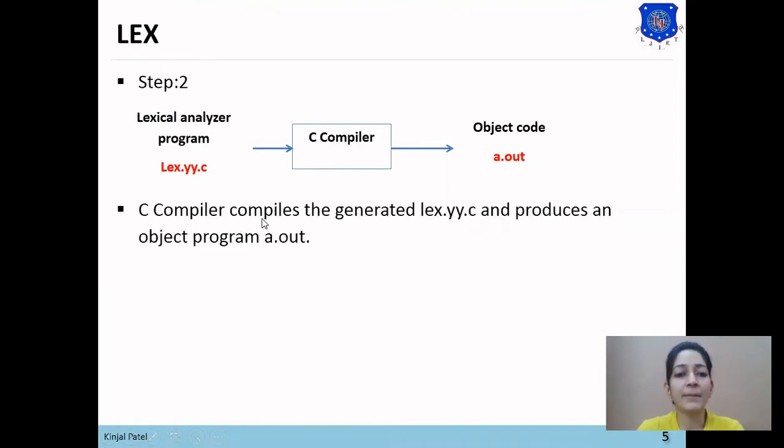The C compiler compiles the generated lex.yy.c and produces an object program a.out. This is how the Lex compiler is bound with the C compiler: it generates the transition diagram, and that is passed to the C compiler, which generates the object code.